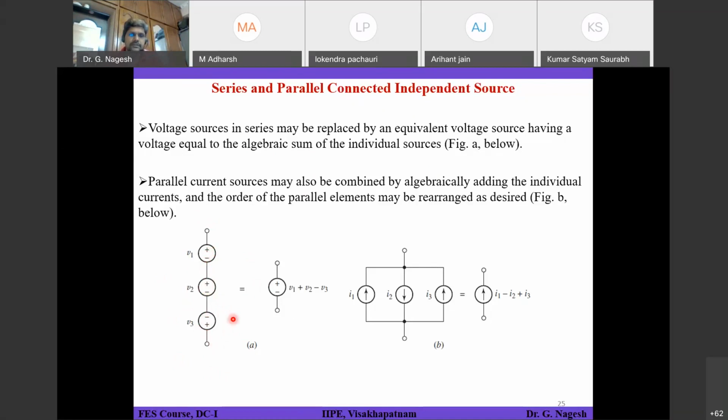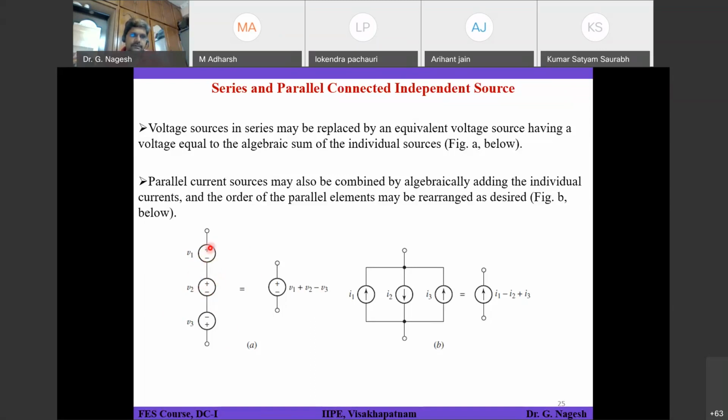Okay. So net voltage will be V1 plus V2 minus V3 in this direction. That means I am considering this as my reference base V1. Since it is positive, this is negative. So with respect to V1, if some other source is also in the same fashion, then you simply add that voltage to this one.